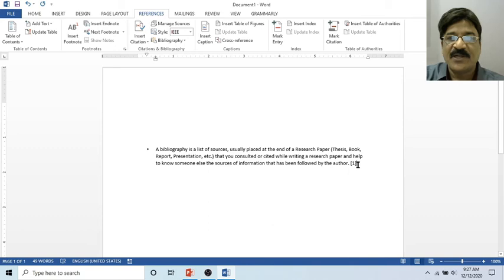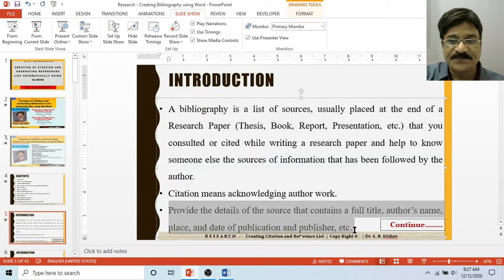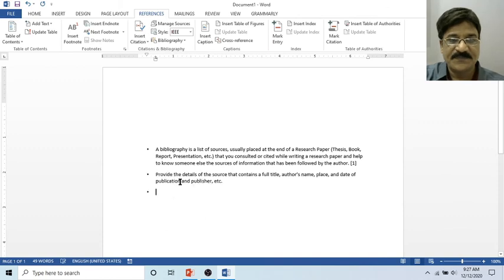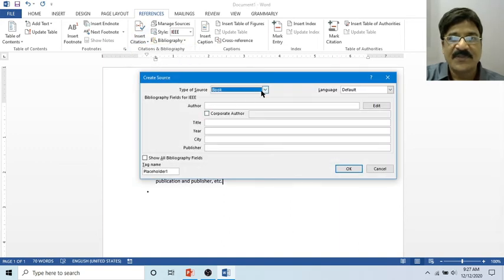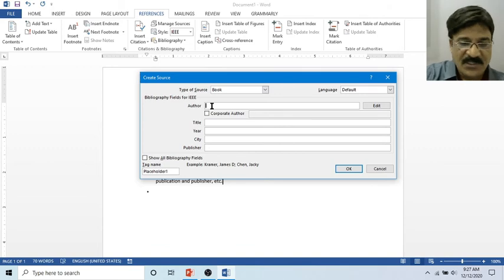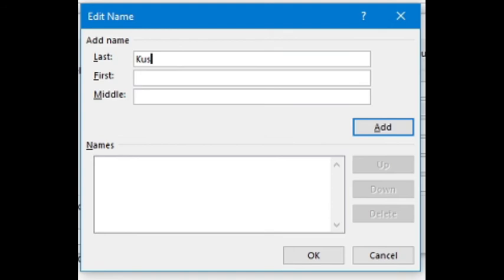Observe that it is showing number 1, because we are following the IEEE format. Now assume once again that you are copying certain other information. Insert Citation again. Now observe that it is showing the earlier source. Now again add a new source. Again assume it's a book. Now assume the author is specified, with the details.